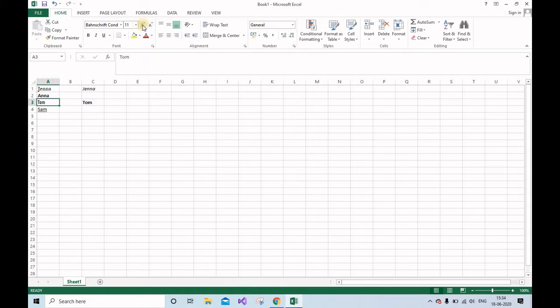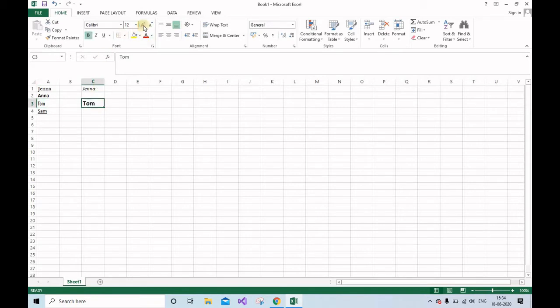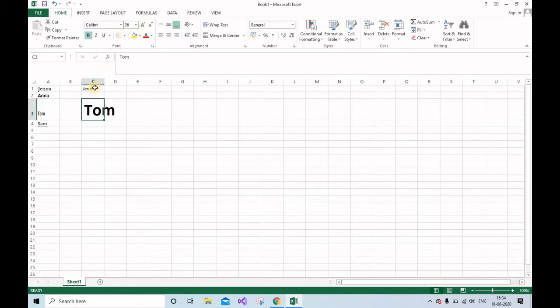As well as this bigger A and smaller A, these are here to increase the font size and to decrease the font size. Like if you want to increase the font size of this Tom, you need to click on this, and the font size will increase. As well as if you click on decrease font size, the font of the cell will get decreased.